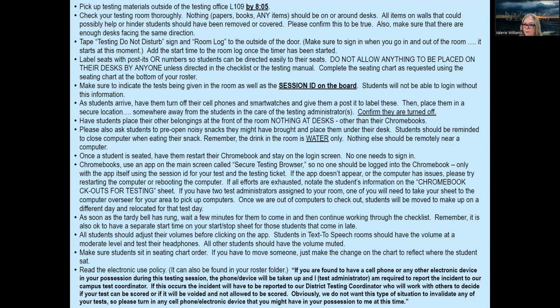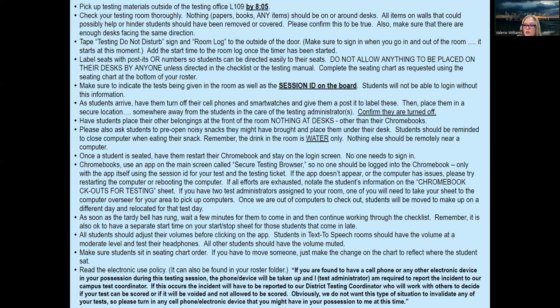Just change where their number is on your grid. That grid is blank for a reason. I don't mandate who sits where. That's your call. So we use the number on the roster to indicate where the student sits in your room. Use a pencil. Just make the change. So do whatever we need to do. We're trying to exhaust